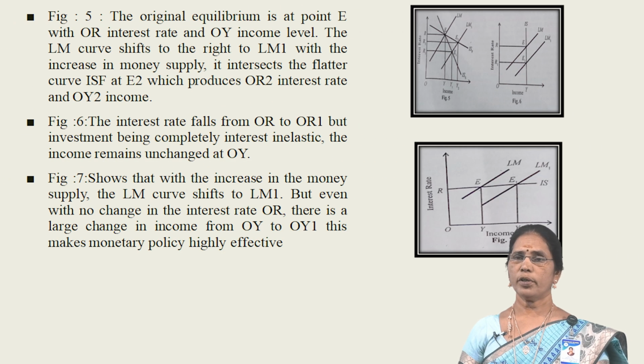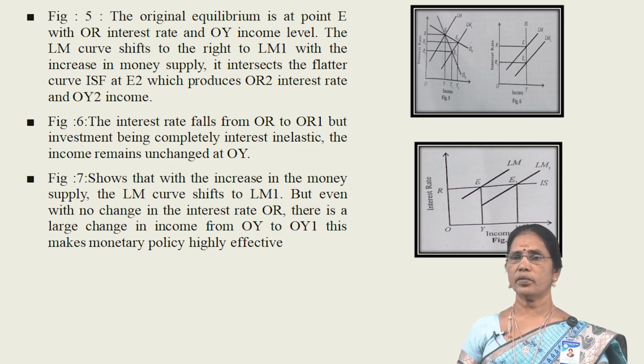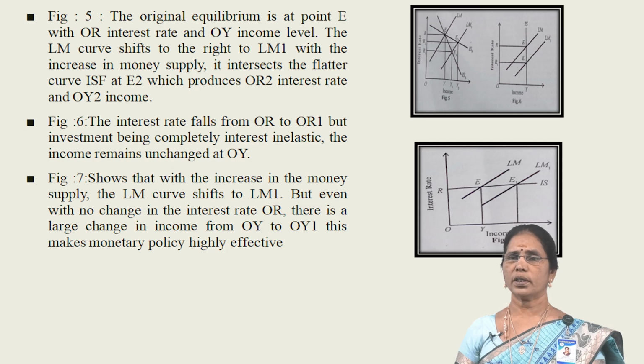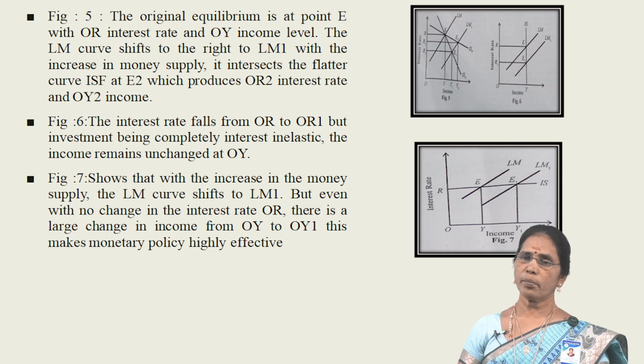The original equilibrium is at point E with OR interest rate and OY income level. The LM curve shifted to the right to LM1. With the increase in money supply, it intersects the flatter IS curve at E2, which produces OR2 interest rate and OY2 income. The interest rate falls from OR to OR1, but investment being completely interest inelastic, the income remains unchanged